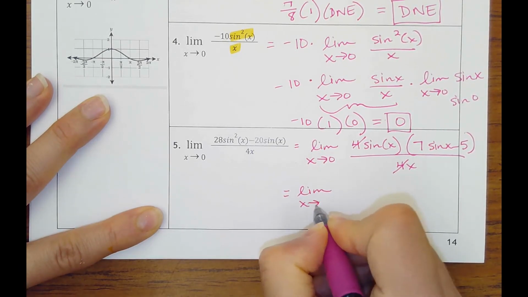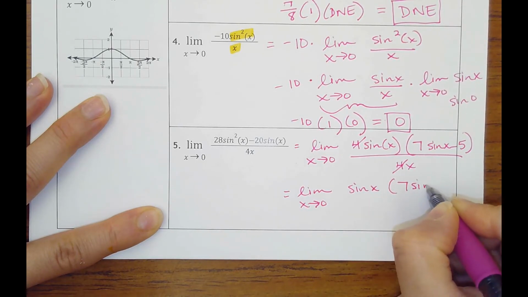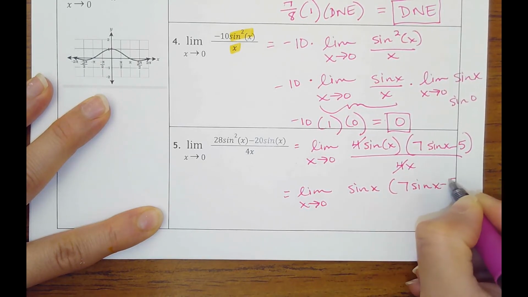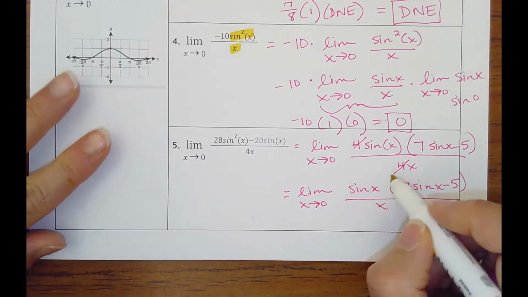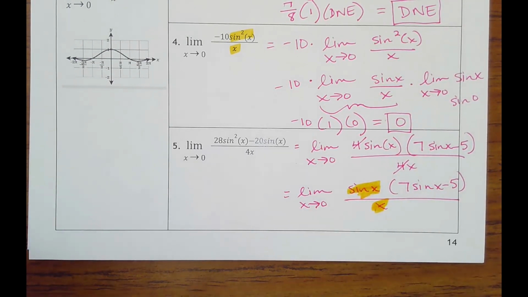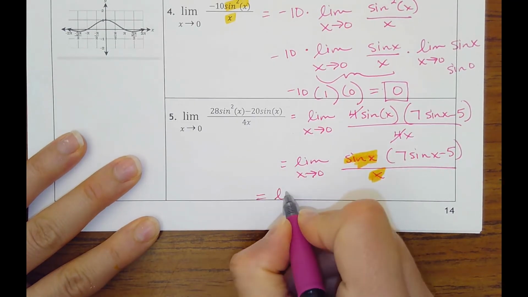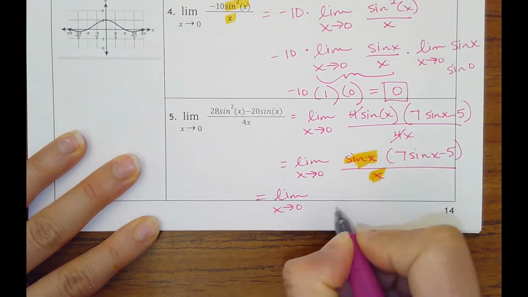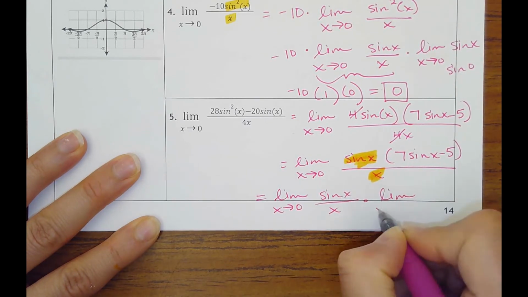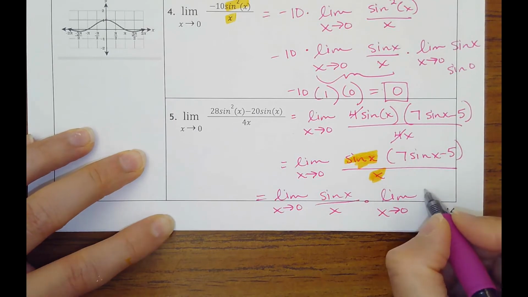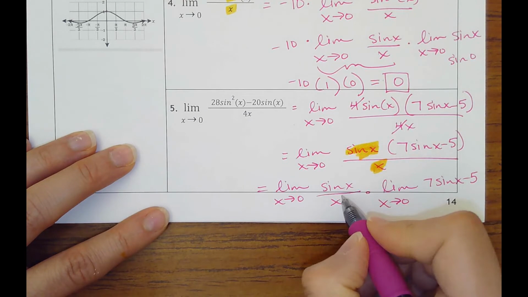I would have the limit as x approaches 0 of sine x times 7 sine x minus 5 over x. I see what I need right here. So I'm going to split this limit into 2 to have my sine of x over x times just another 7 sine x minus 5. This is 1